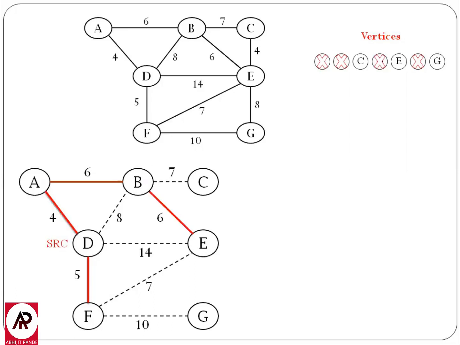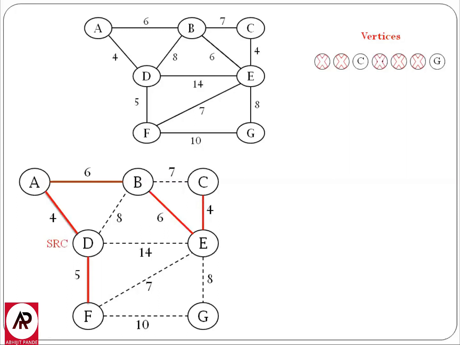When this edge is added into the minimum spanning tree, the new node, that is node E, comes into the minimum spanning tree. So I am going to cancel it from my set of vertices. For node E, identify the edges that are originating from node E. There are a total of 5 edges originating from node E. I have already considered 3. Now I am going to consider the remaining 2. That is from E to C having cost 4, and the second one from E to G having cost 8. Choose the edge having the minimum cost. Here the minimum cost is 4. So I am going to consider the edge having the minimum cost 4 and add it into my minimum spanning tree.